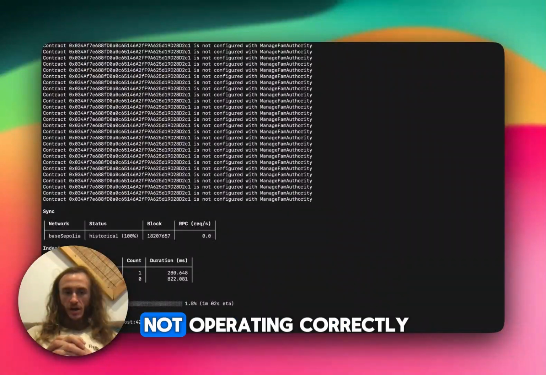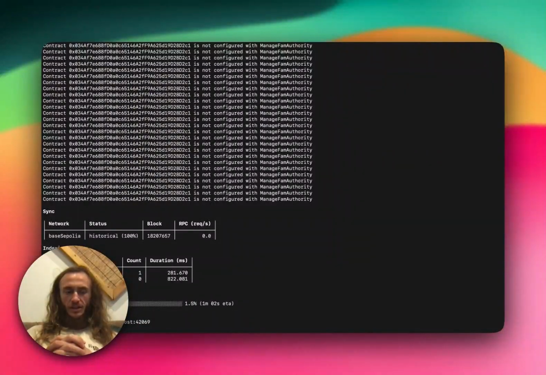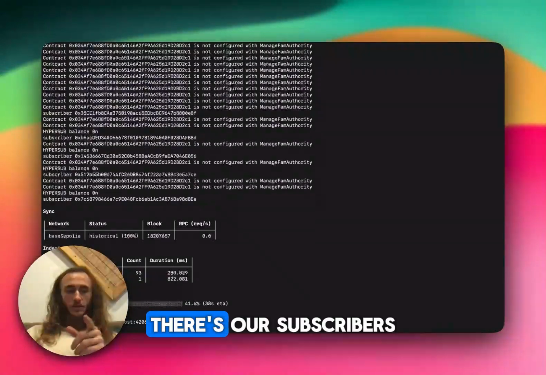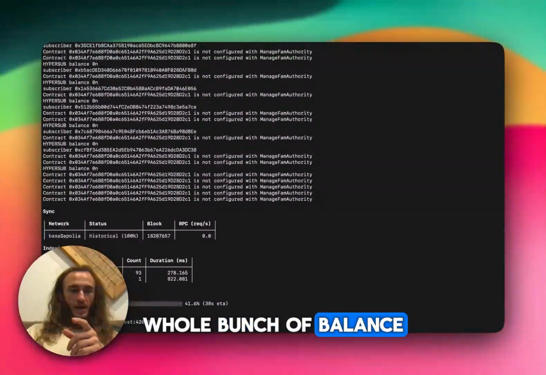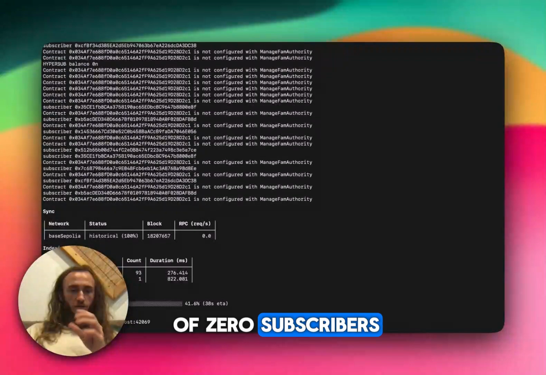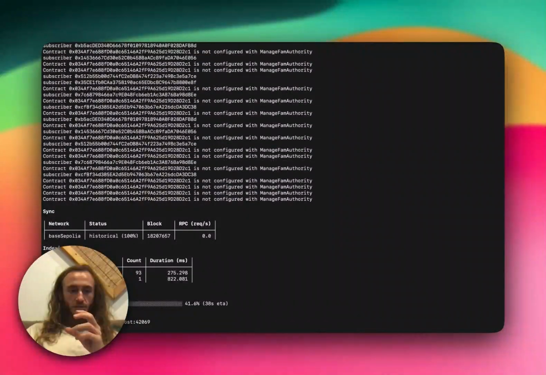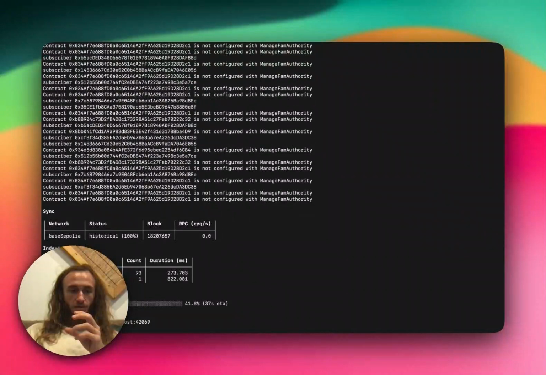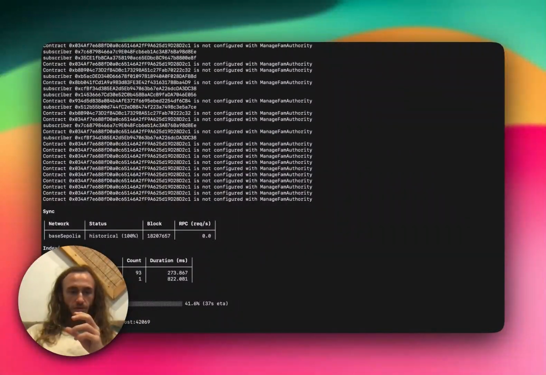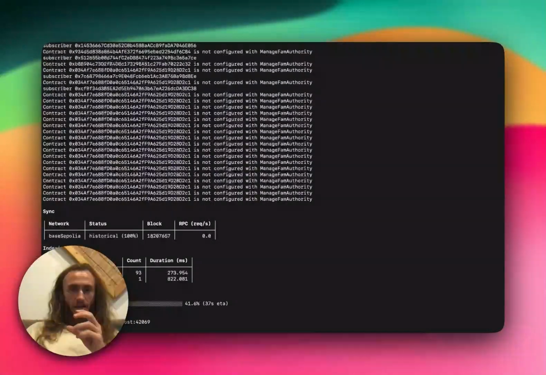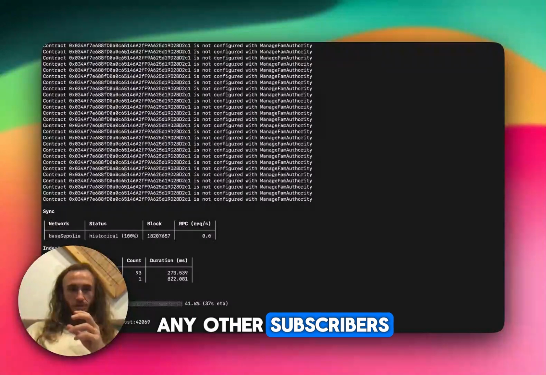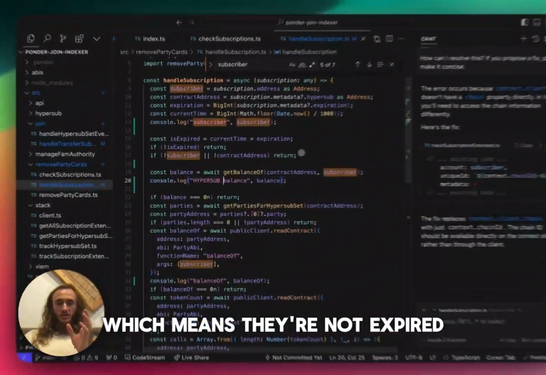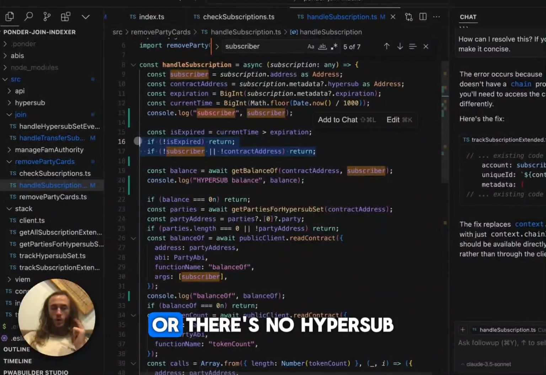Why is the cron not operating correctly? Should be every 30 seconds. We might want to change it to every 15. Okay, there's our subscribers. Whole bunch of balance of 0. Subscribers. Subscribers. Subscribers. Any other subscribers? No other subscribers or balances of 0, which means they're not expired, or